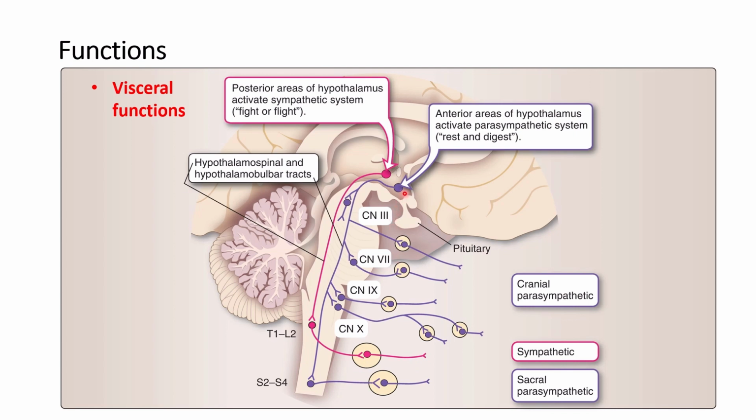And for the parasympathetic system, the nucleus is in the anterior area of the hypothalamus, and the parasympathetic system has a craniosacral part. So for the cranial part, this is related to cranial nerves 3, 7, 9, and 10. So this is the hypothalamo-bulbar tracts that you can see, hypothalamo-bulbar. So they are going to the preganglionic, connecting the preganglionic, and these are then the preganglionic, and then there's the